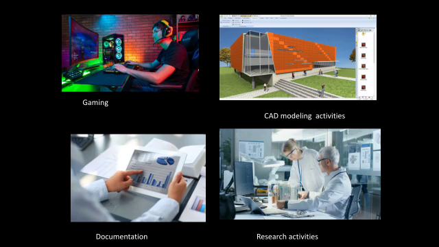So the next thing is the documentation. Even though the documentation doesn't require a lot of processing power, it's also a demanding thing. It may require a 700 megahertz processing power. At least most of the general day computers have a processing power of approximately 2 gigahertz to 3 gigahertz. At the same time, most of the research activities have complicated mathematical problems, and also simulation activities which require a highly demanding processing power. So such activities use a microprocessor.